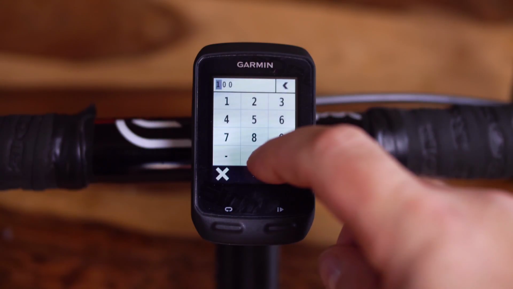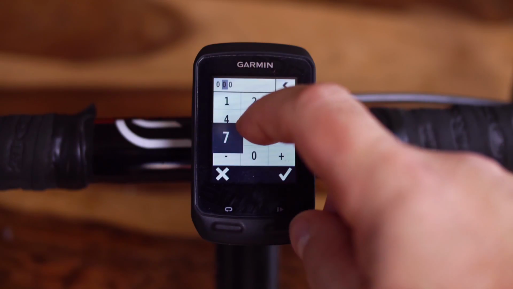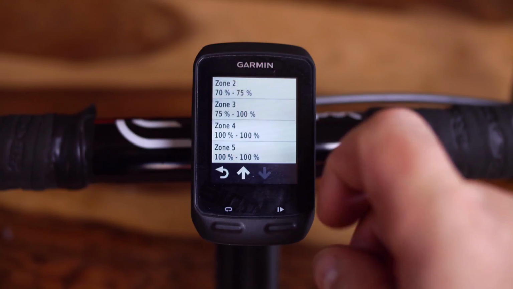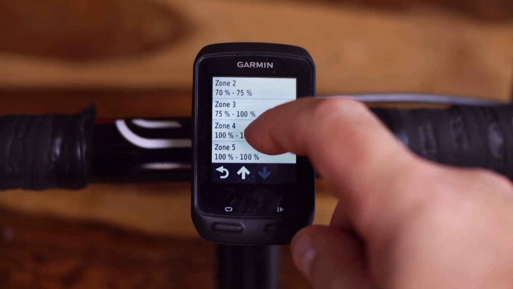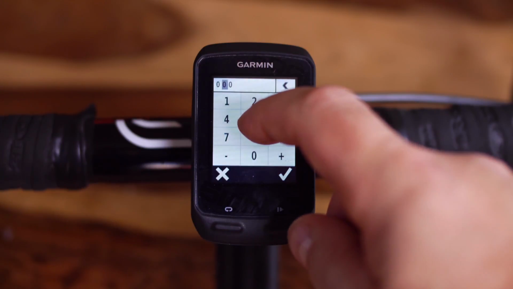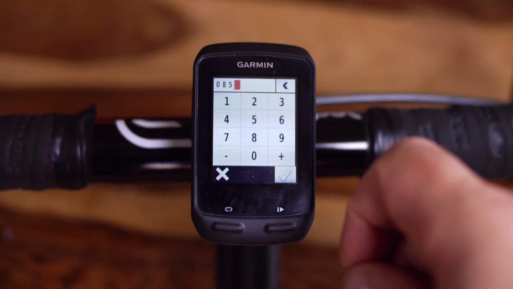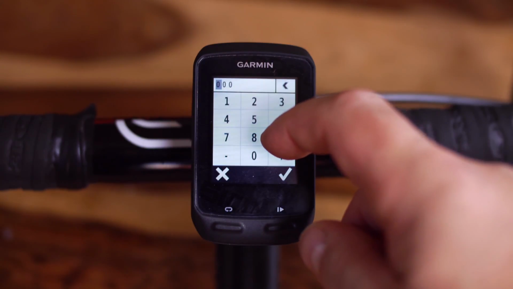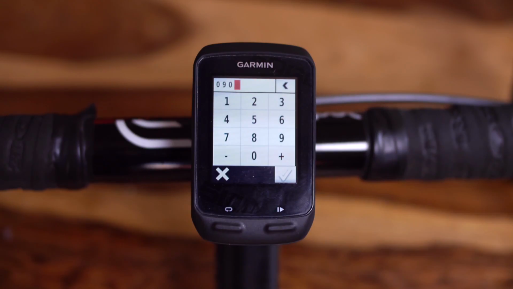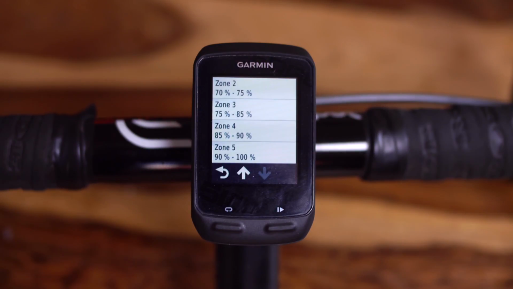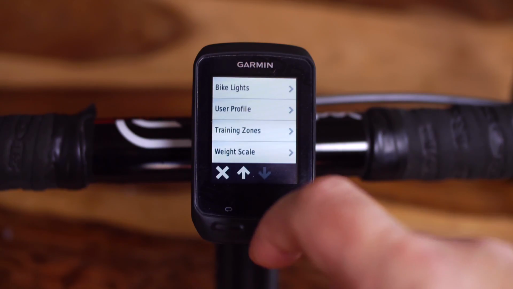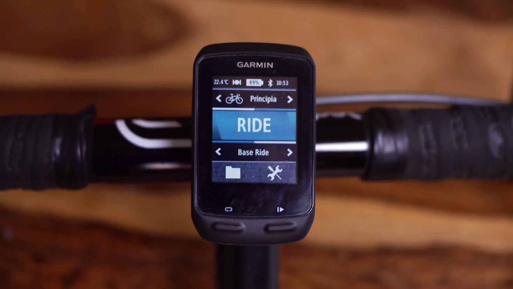So let's say zone 3 starts at 075, accept. Zone 4 starts at 085, accept. And zone 5, 090, accept. So that's our heart rate zones set. So let's come back to the main menu, and now we can start taking advantage of the features that the